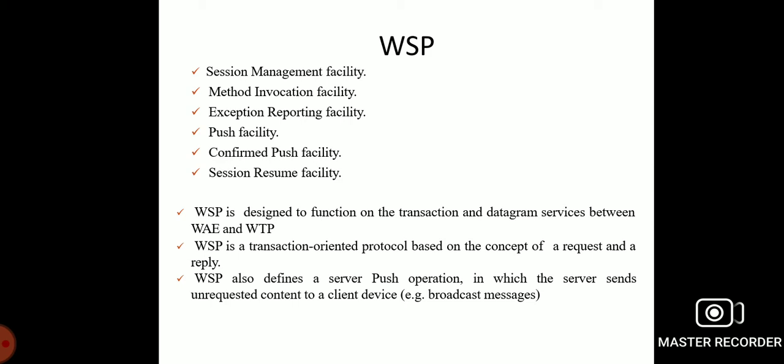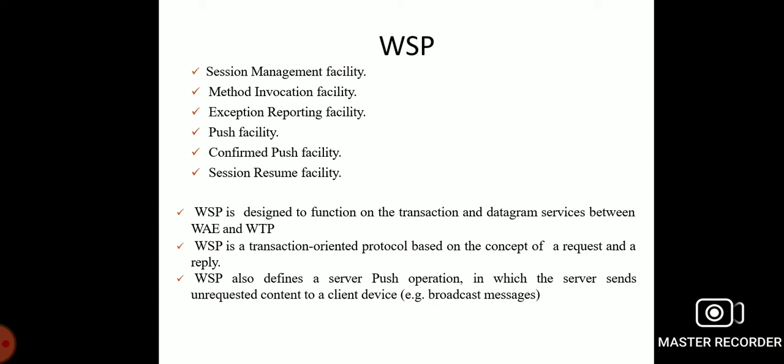For example, the parameters to negotiate are the maximum client SDU, that is session data unit, size, and maximum outstanding requests, and also the protocol options, server SDU size, and also the content encoding. So the Wireless Session Protocol defines an efficient binary encoding for the content it transfers. The session protocol offers content typing and composite objects.